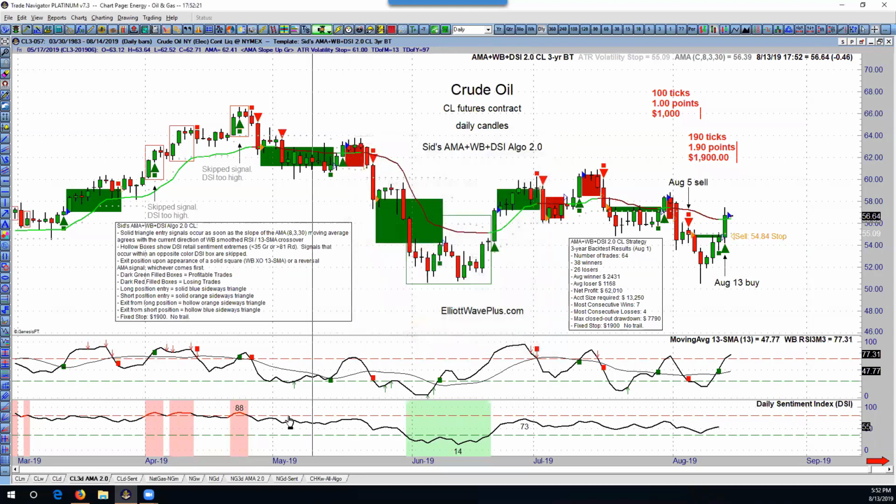And I can back test to find out what the thresholds are at the high end and the low end that are most advantageous over the last 3 years. And what I found in my back testing here was that if, over the last 3 years, retail traders, believe it or not, were below 35,